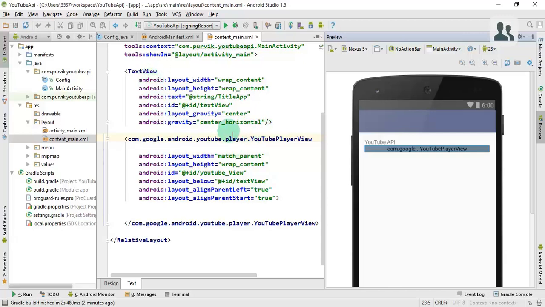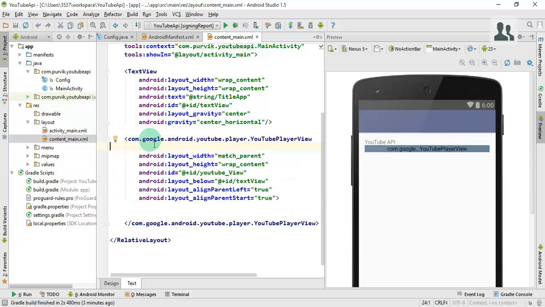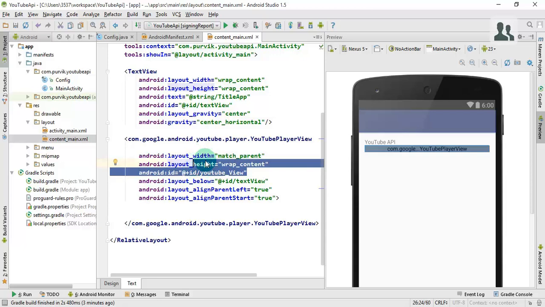but the next view that I have added is the com.google.android.youtube.player.YouTubePlayerView. You will easily get this YouTube player view when you write this code. Just see this code snippet very well, and you can also copy paste this code to get this view. Here you have to assign the ID, the layout parameters and appropriate parameters to let it be configured well. So this is the configuration of the content underscore main.xml file, where the view will be added to our layout.